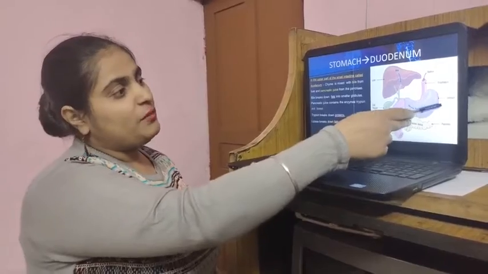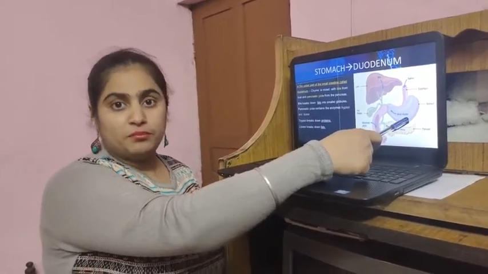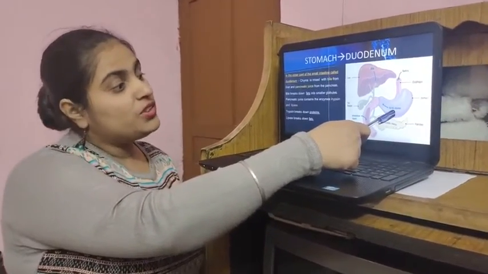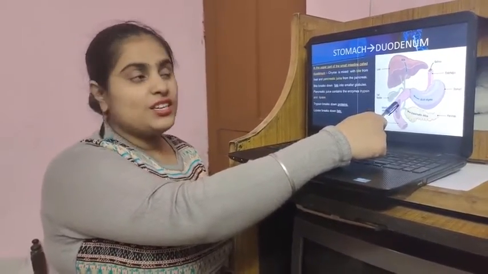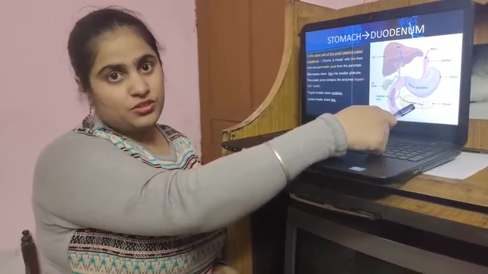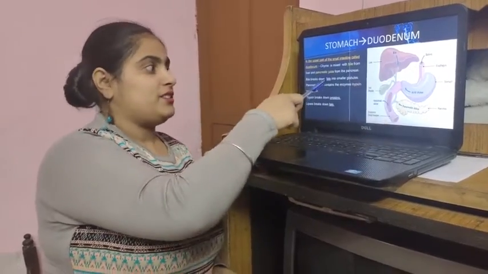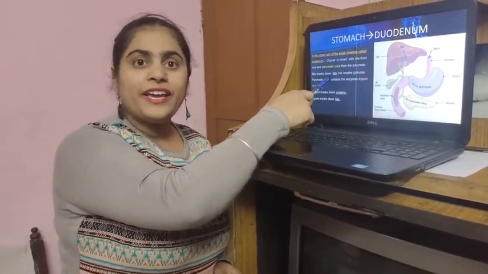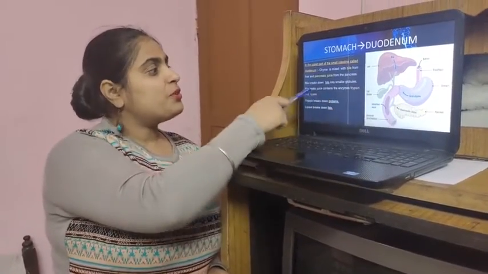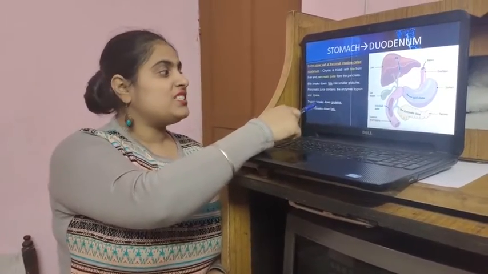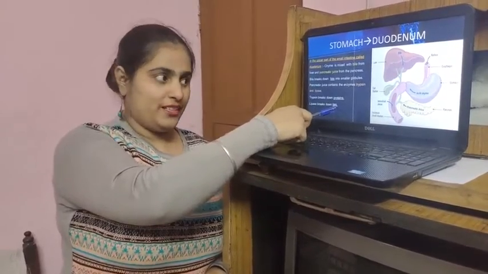You can see in this diagram, inside the stomach, whatever food is partially digested is known as chyme, C-H-Y-M-E, chyme. Now when this chyme enters the duodenum, it meets the secretions of the liver and the pancreatic juice from the pancreas. The liver produces bile, which digests fats. It emulsifies fats into smaller globules. The pancreas produces pancreatic juice, which contains the enzyme trypsin, which breaks down proteins, and lipase, which breaks down fats.